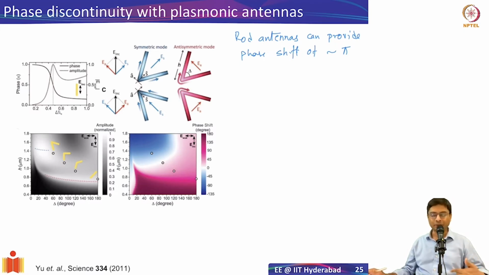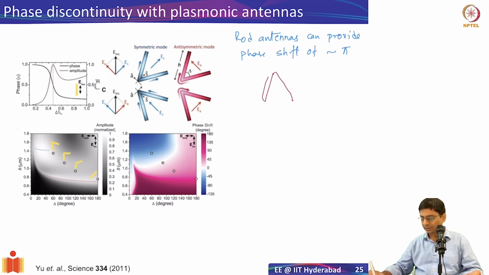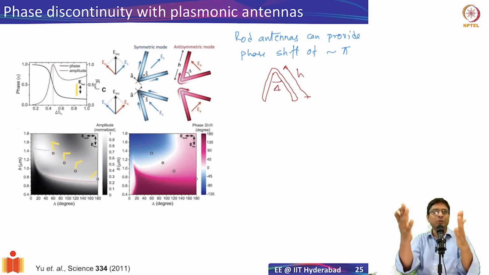It turns out Capasso's group again proposed the V antennas, which are essentially, instead of a rod antenna, I'll bend it, okay? And the length of the antenna and the angle with which it bends determine the response. If I have my V shape like this, you can think of it like a bent rod. So this is my height, or the length h. I think they call it h, so I'll keep the same convention. And this is my delta, which is the angle. So the angle with which you're bending and the h is what determines the response.